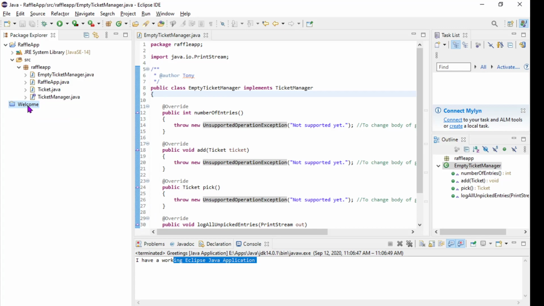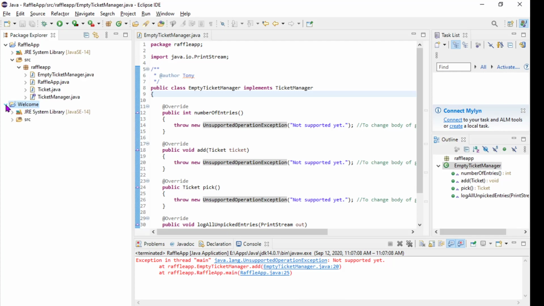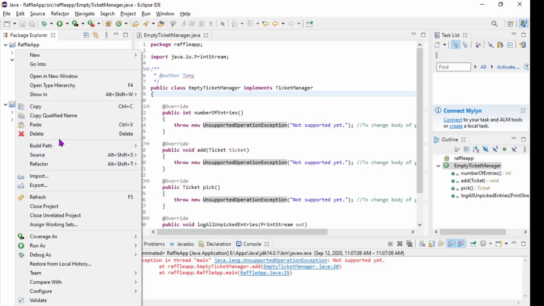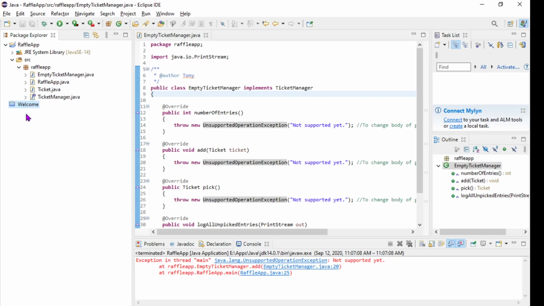It doesn't go away, it just isn't active. So now if I run this, notice I've clicked on welcome. That's my focus. Oops, I just opened it because I double clicked it. I can say close project. It's still there, but then when I run it, it still runs the applications that I'm focused